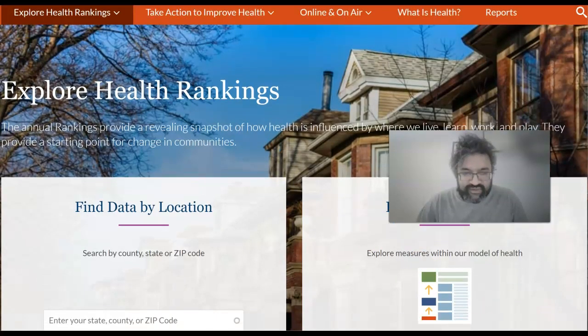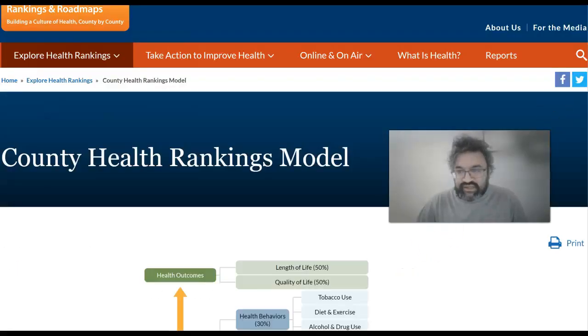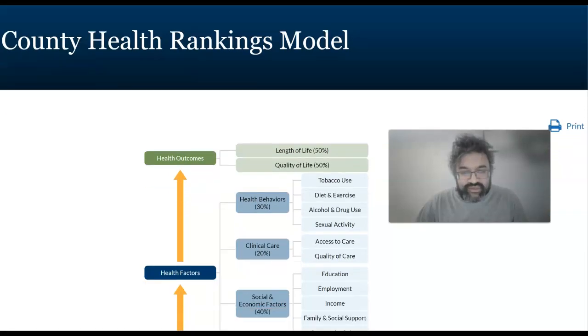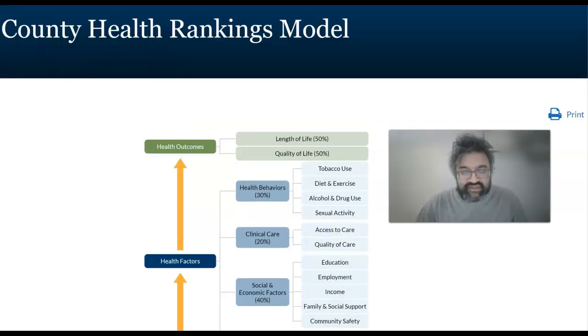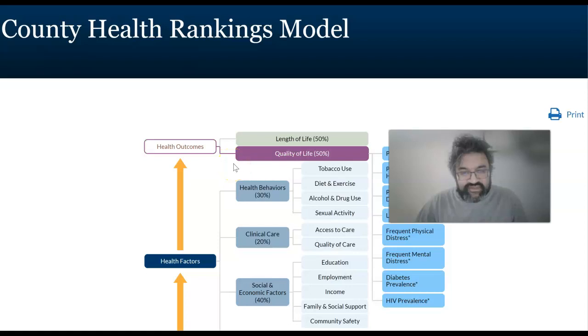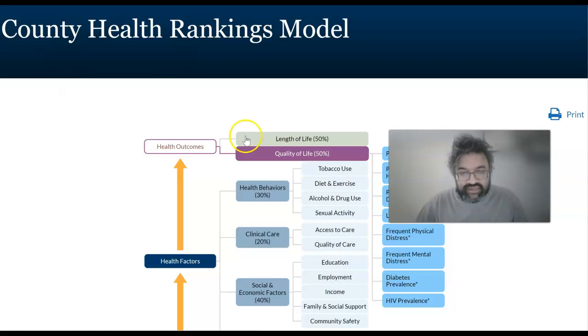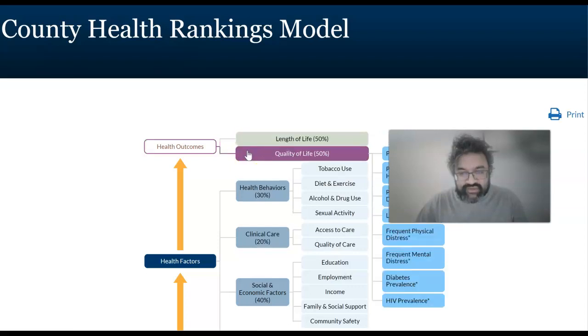So you have on the left data by zip code, and then you can explore to the right, and this is all in County Health Rankings. What I really wanted to go over is the health outcomes, health factors, and then policies and programs. It's 3 categories, and then health outcomes branch into 2 others: length of life and quality of life. Under length of life, there's about 5 objectives, and around quality of life, there's about 8 objectives, and that includes